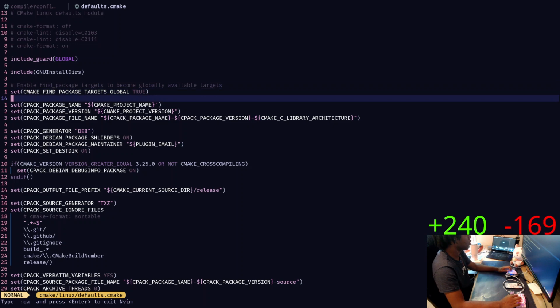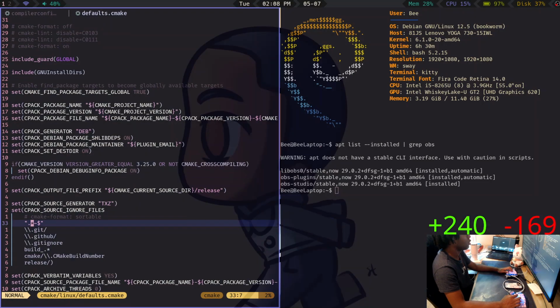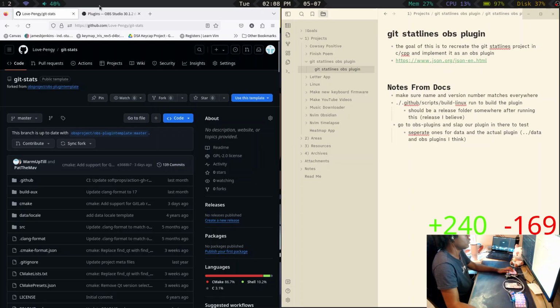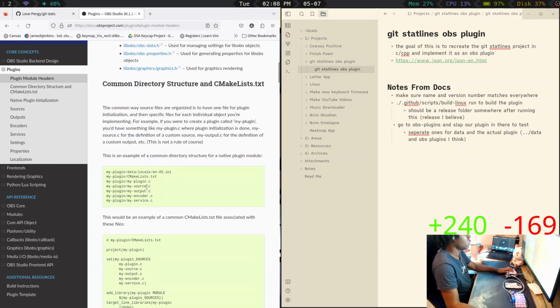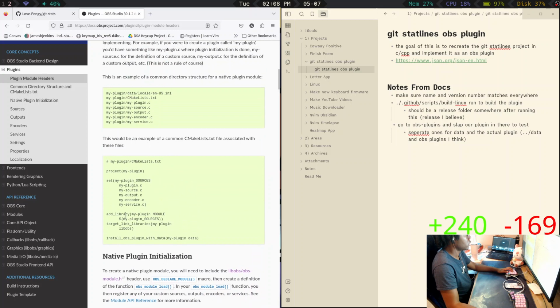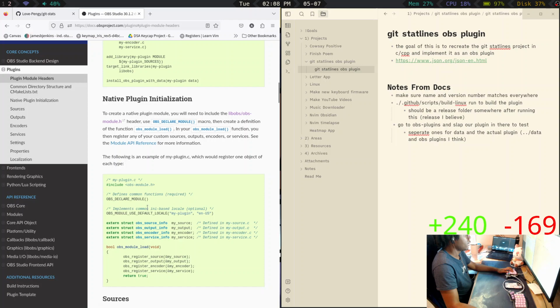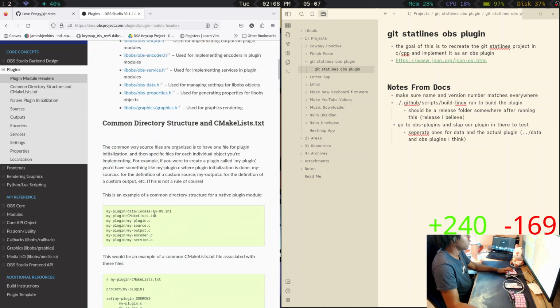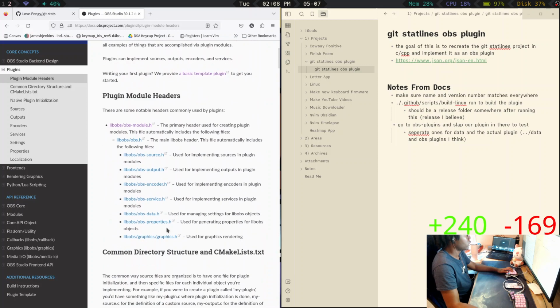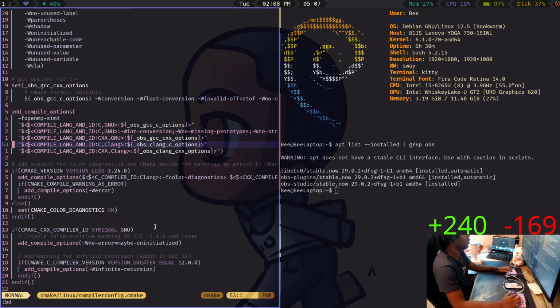Find package targets. This example design, structure. I guess I don't need to define it. I'll leave that as it is for right now.